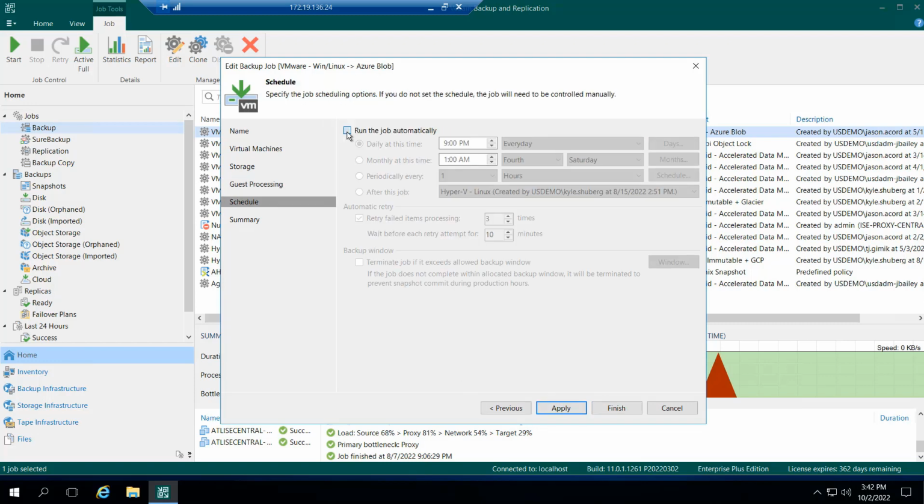And last but not least, scheduling. We've kind of already went over this, so we'll just end the video here. Once a day, on certain days, every hour, after a specific job has ran. I typically don't recommend this, daisy chaining jobs, because if you have specific SLAs and you have one job waiting on another